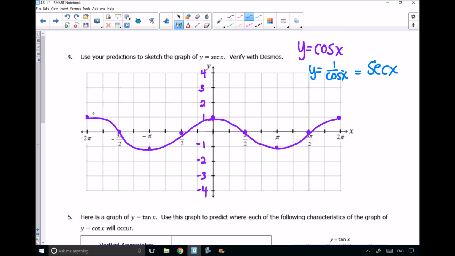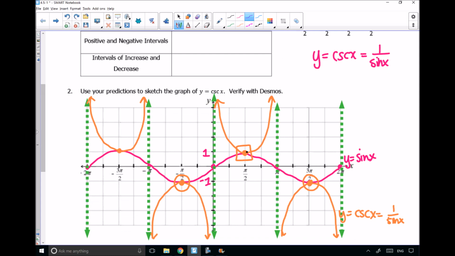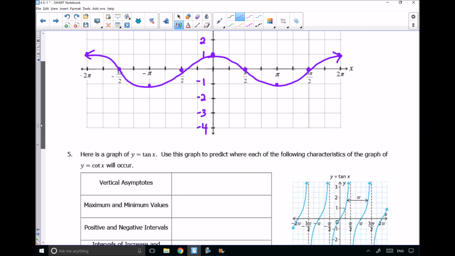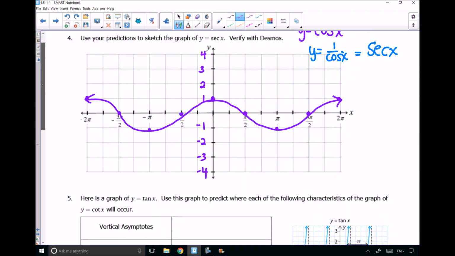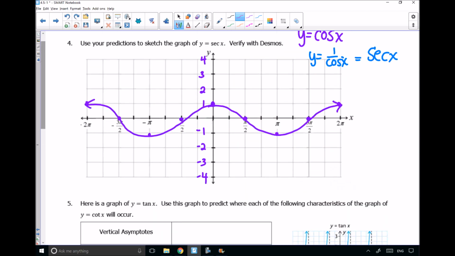So this is what we've got going on, and we've got arrows on both ends. By the way, I don't know if I put arrows on both ends for my sine function. I don't think I did, so make sure you add that in there. Okay, so now that I've done that, the next thing I need to do is identify some key pieces of